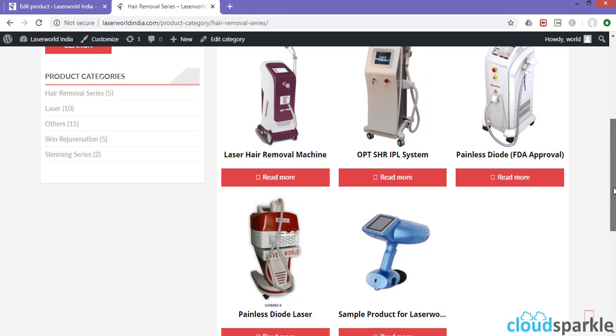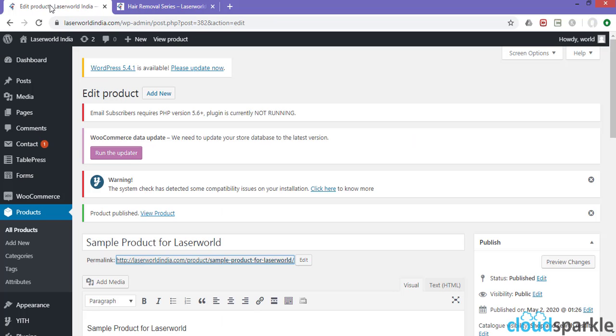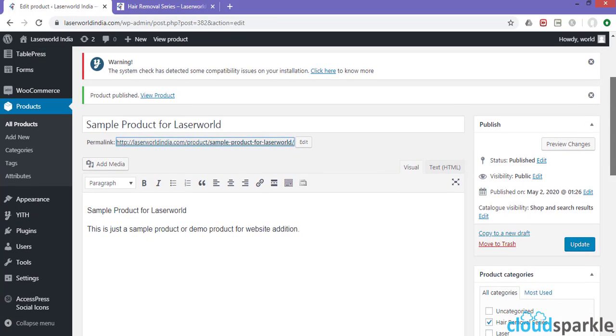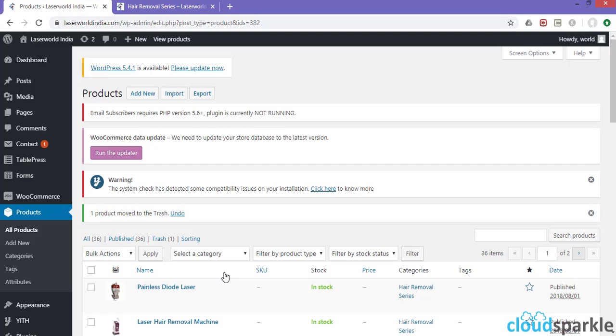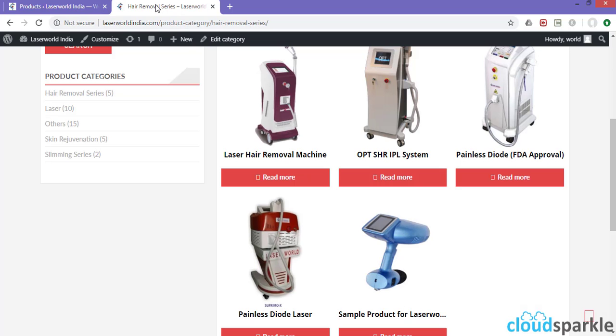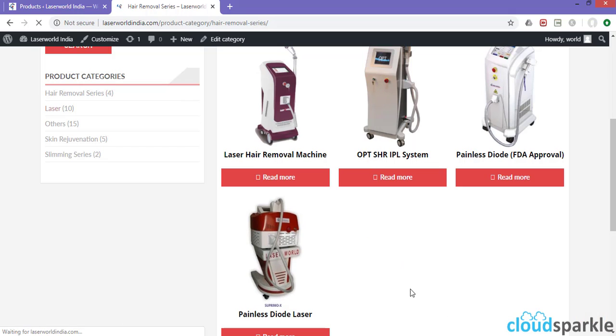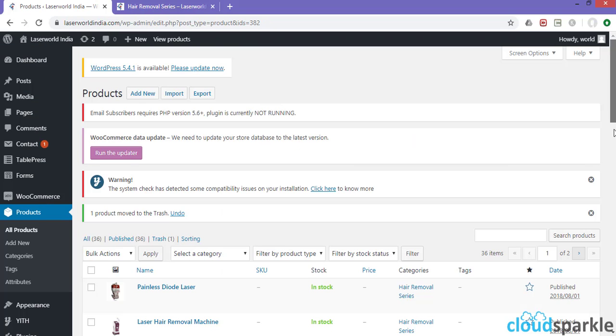Now let's say we want to delete this product, right? So from this category, so we'll go to our admin panel, right? So scroll down, right? We can delete from here or we go to all products. So the products list is replicated. We'll move to trash. So the product will be deleted from this list. Right, so the product is deleted. I'll go to the website, we'll refresh it. So now the product is no longer available on our website, and from category also it is removed.